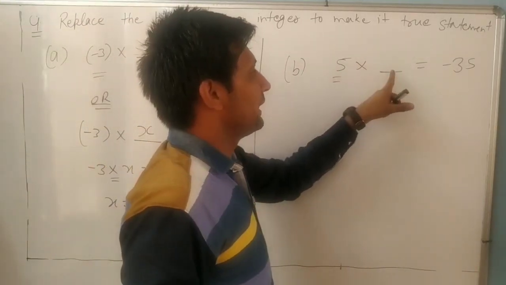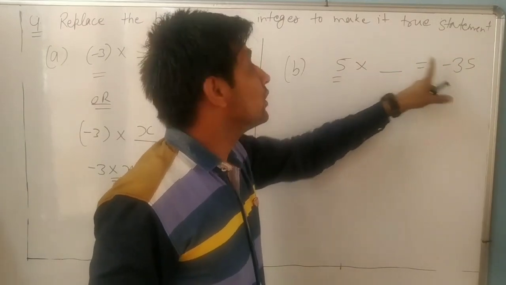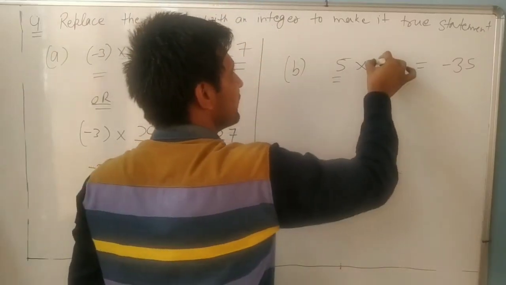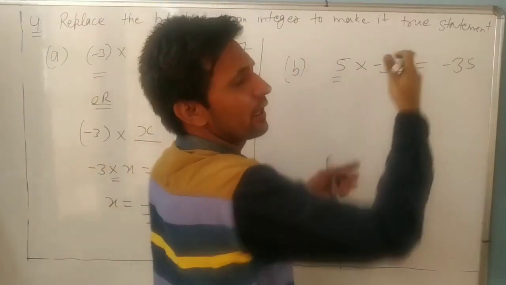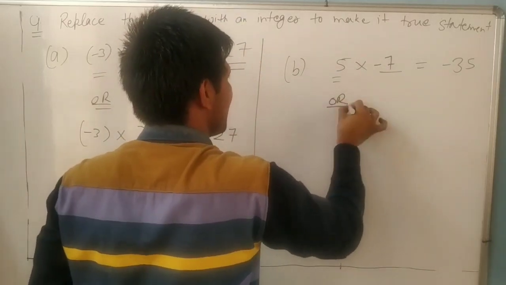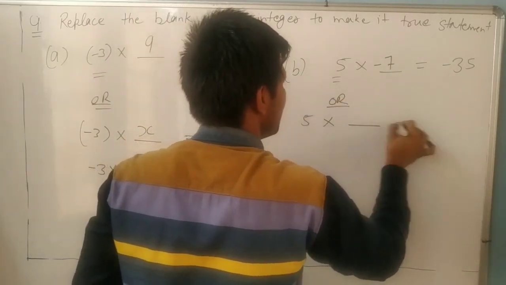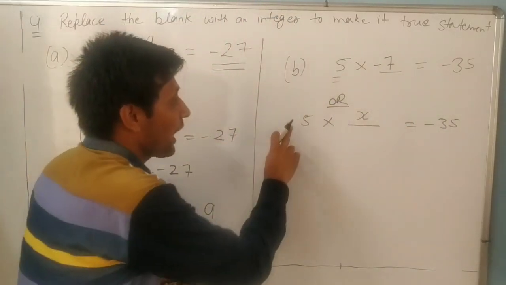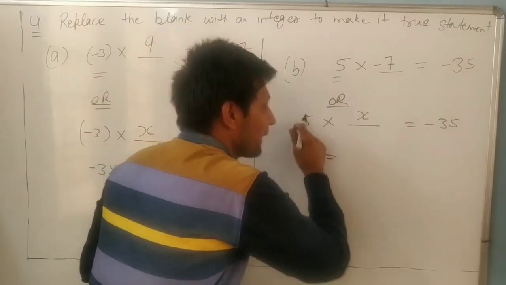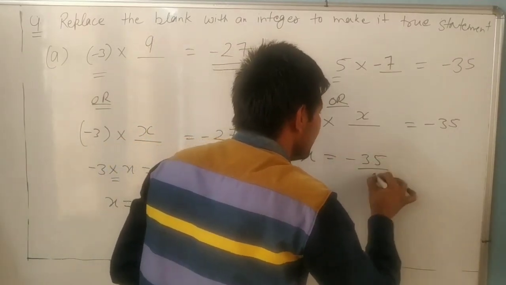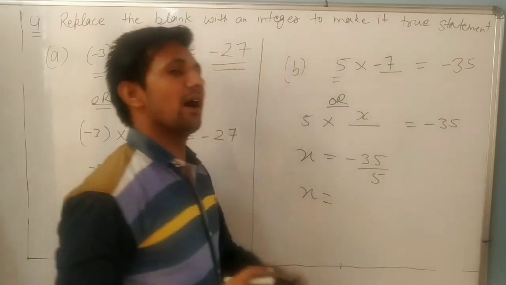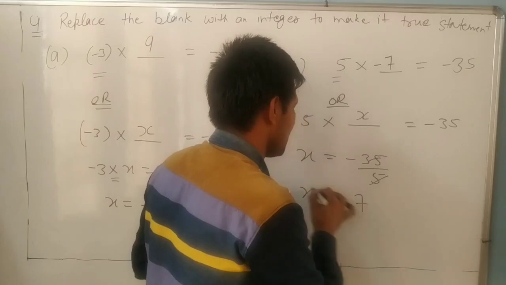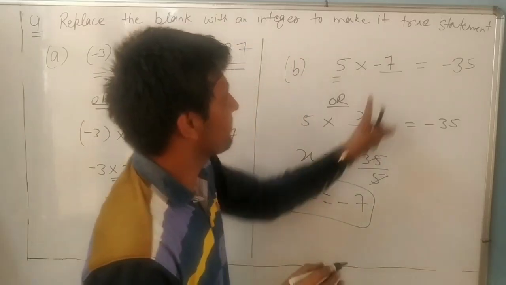What number we will multiply by 5 so that the answer is negative? So it means this number should be negative. So it is negative. So what number? 5 into 7 is 35. It is our answer. Otherwise dear, 5 into minus 35, what is the answer? Positive is x. And 5 multiplied, and multiply on one side, here divide. And I told you, in divide also, if both are different, first we divide 35 by 5 is 7 and put the minus sign. What is x? x is minus 7.